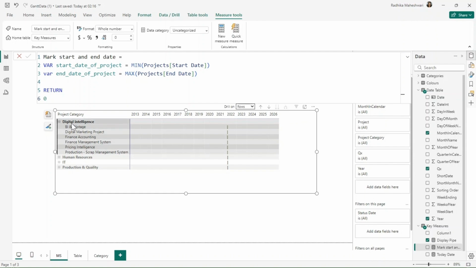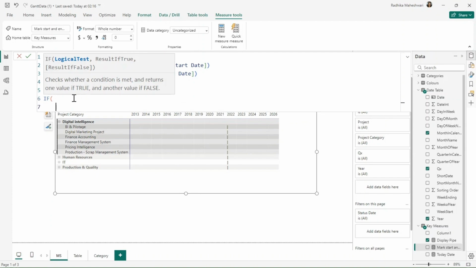So we want to capture which amongst all of these projects has the least start date and which has the max end date, so that digital intelligence will have the right data against it, and similarly for all the other project categories. So that's why I had to do minimum and maximum here.